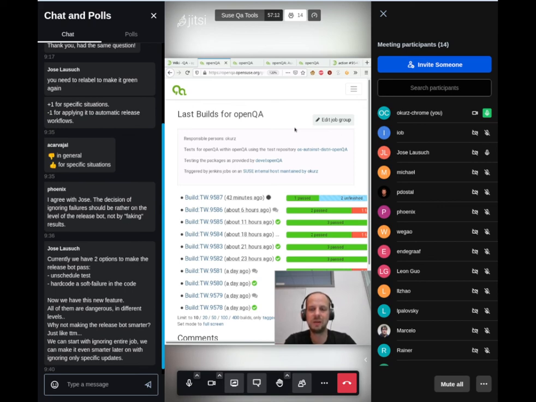Someone needs to set up that active component somewhere. You need some kind of VM or a container which you need to run somewhere, next to openQA, and that doesn't scale as well as having this possibility built into upstream openQA, because we can apply that